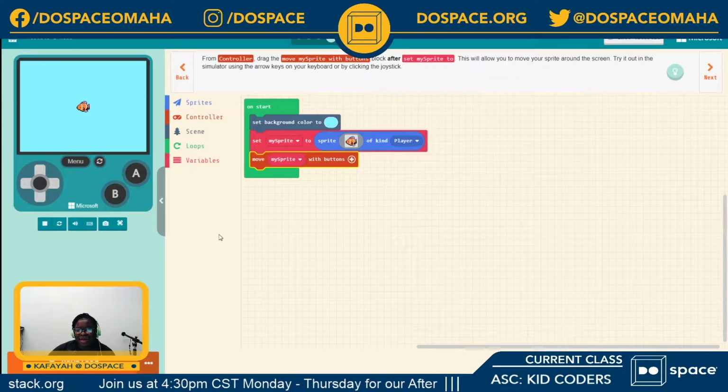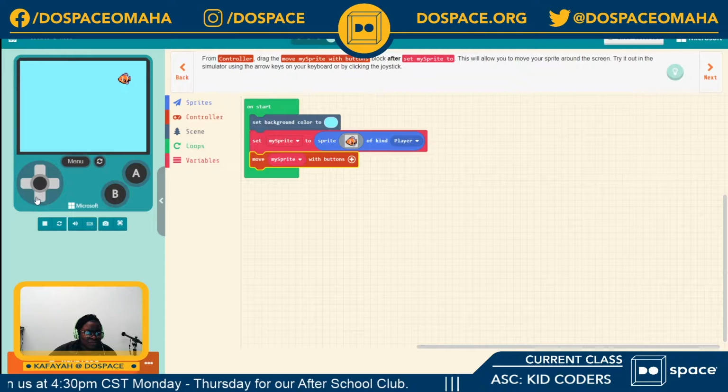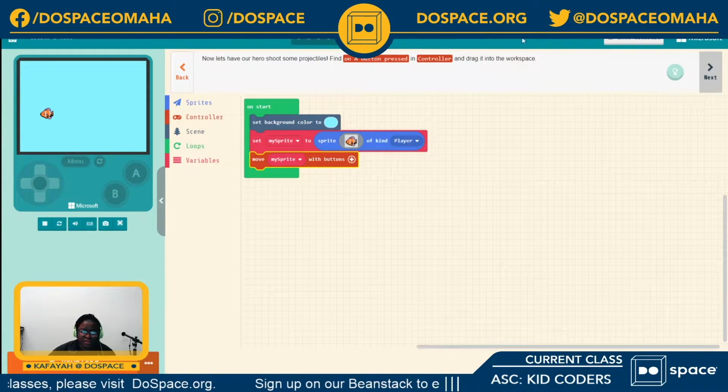And now it is time to test what we have. So I am trying to move my fish. Yay! And it's working. Oh, I think I'm moving too fast. You could also use the arrows to have a more controlled movement. But here we have it. You can roll your joystick all around, or just try to point it in the direction that you want your sprite, or in this case our fish, to go. Awesome. So now we're good to move to the next step.